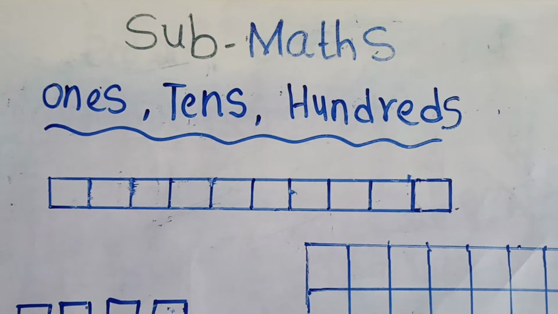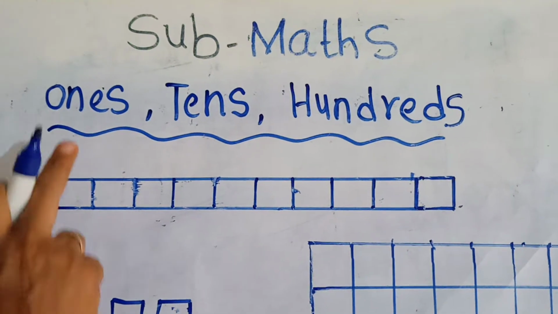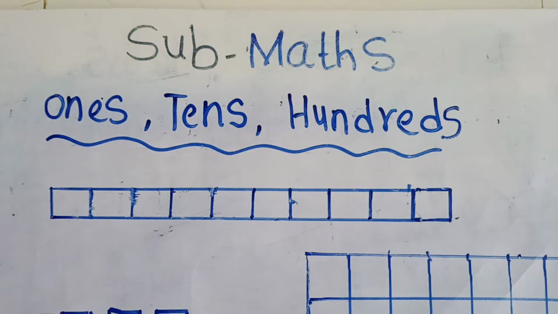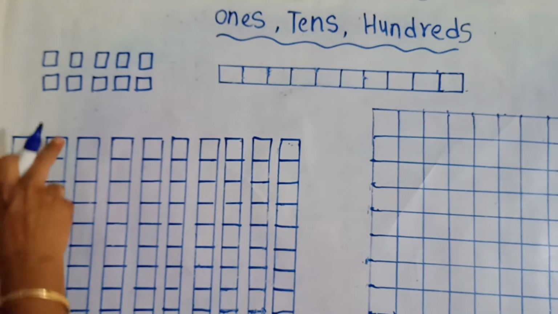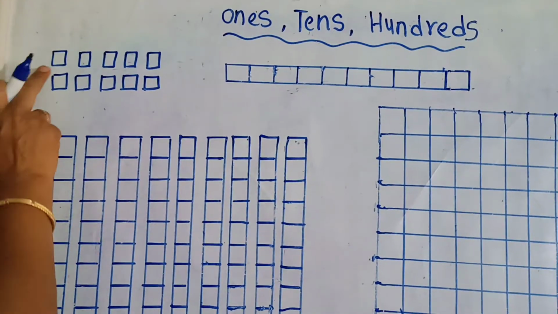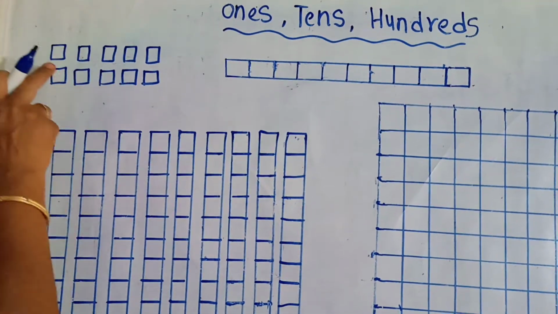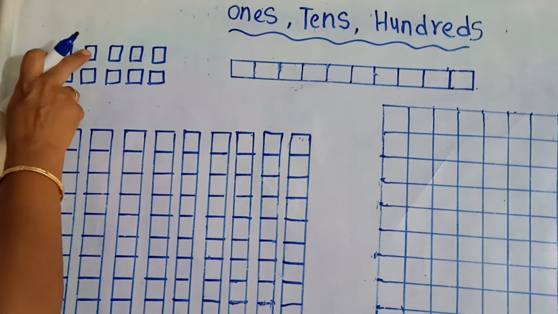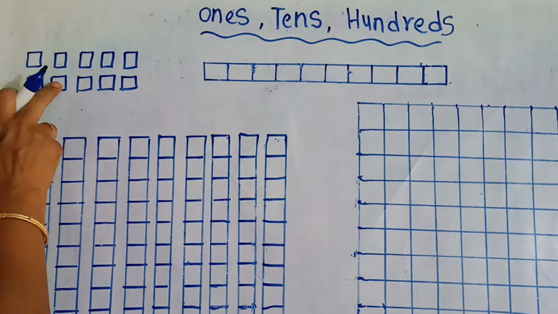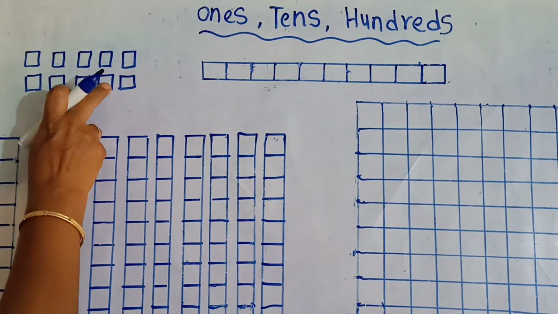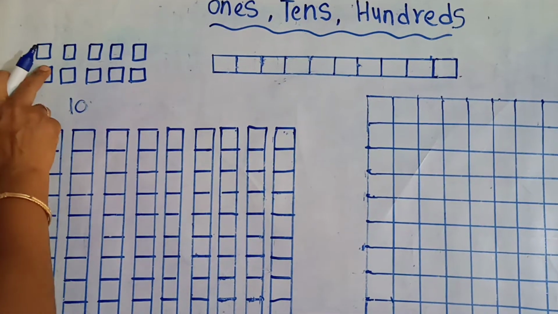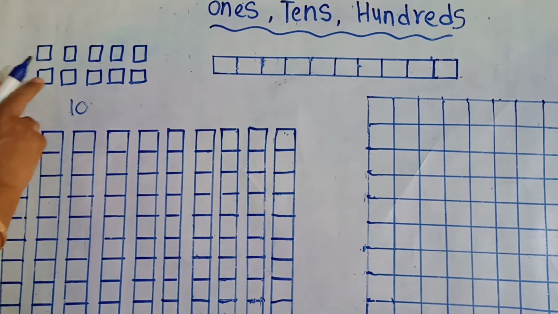Today, we are going to learn about ones, tens, and hundreds. Okay? This is the revision of ones, tens. Okay? Look here. Here are some blocks. Count it. 1, 2, 3, 4, 5, 6, 7, 8, 9, 10. How many blocks are here? 10. So, these are 10